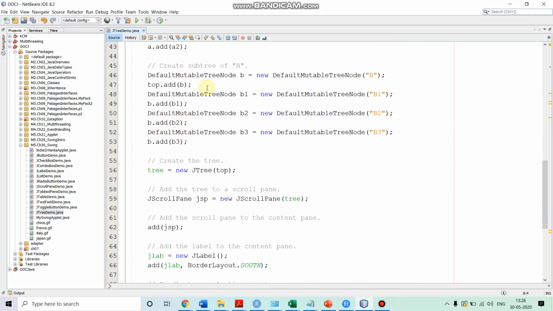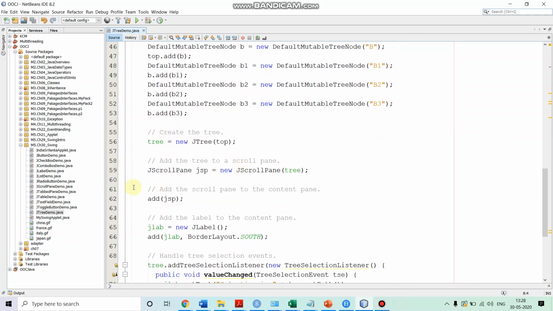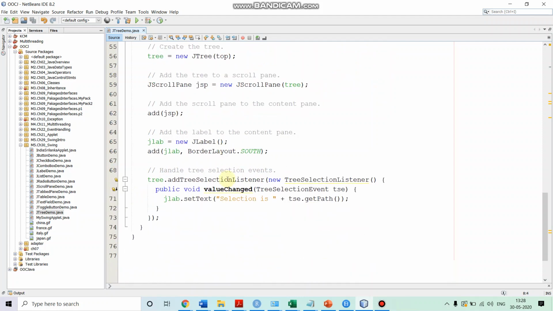Once we have created the tree, we want to make it scrollable. So we create a JScrollPane, and to its constructor we pass the tree we created just now. So our tree will become scrollable, and after that we add the scroll pane itself to the content pane of our applet. We want a label in which we will display which node is selected, the path of the node which got selected.